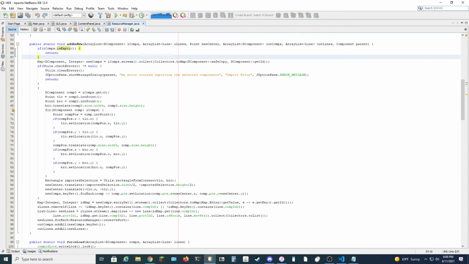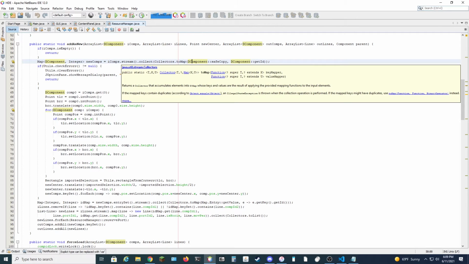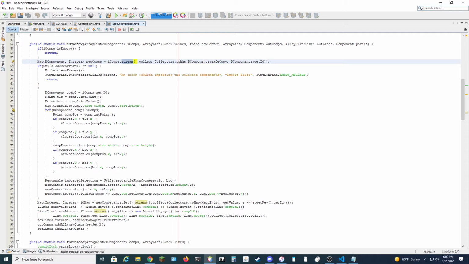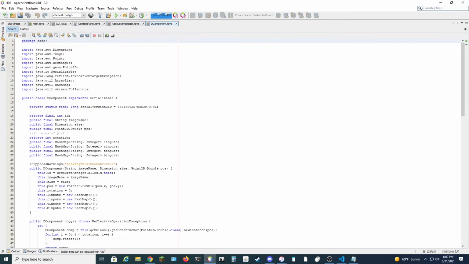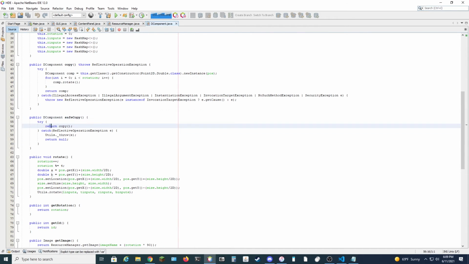Next up, for new components, we're going to take all of the input components. We're going to stream them, and we're going to just call this collect function, which allows us to take the component, and for each component in the stream, we're going to add it to a new map, which is going to map the component to its ID. And save copy is just a function which is going to